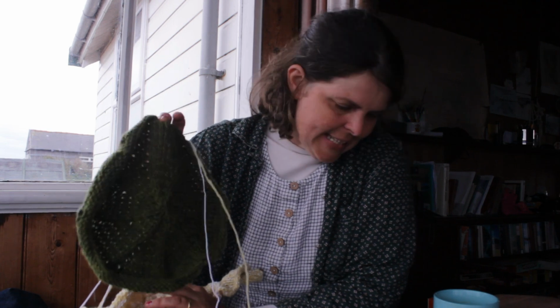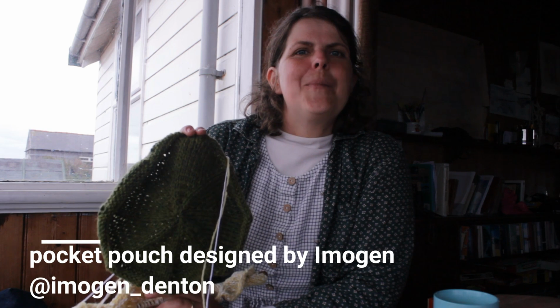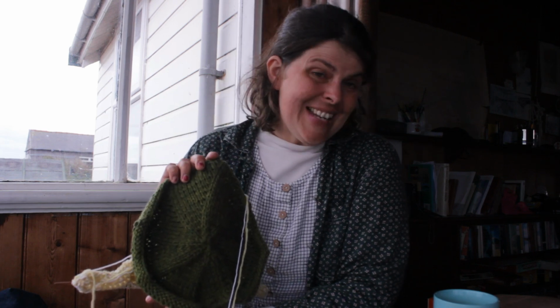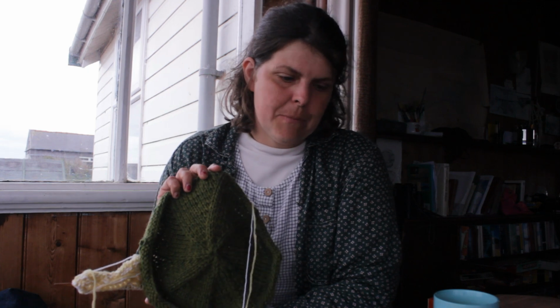So it's the Pocket Pouch by Imogen Denton, a beautiful designer, also from the UK, and I got the pattern by PayPaling them directly, and then Imi emails the PDF, so I downloaded all of that when I was still in Berlin, because I was hoping to knit this, but I hadn't found the right yarn. And then early on in this trip, I went to Norwich, and I met my friend Lisa, who's Erica Eccles, and